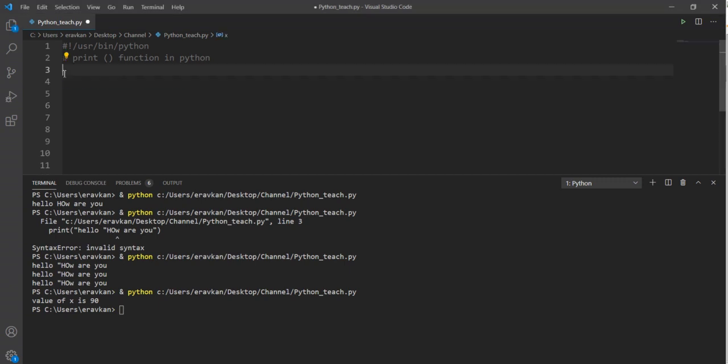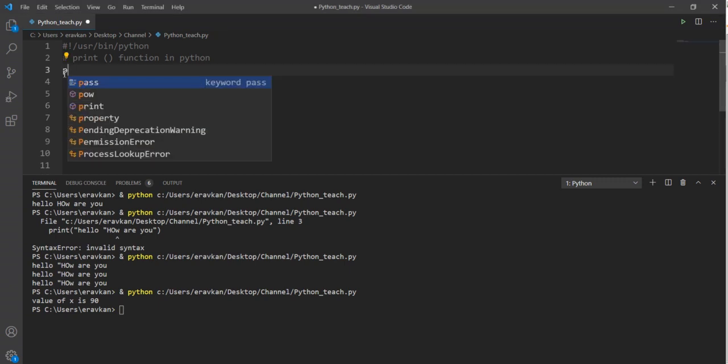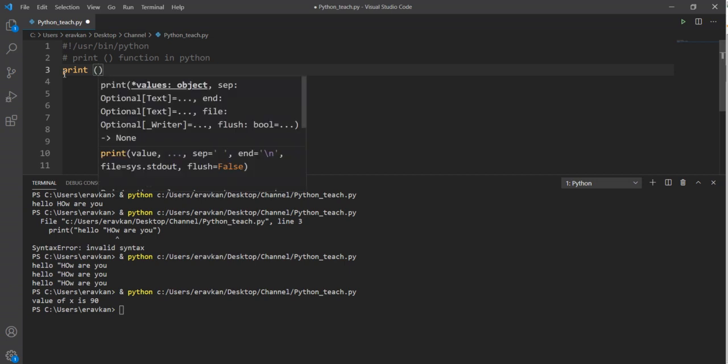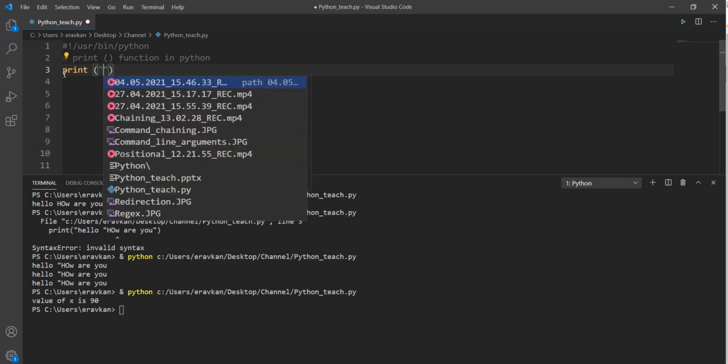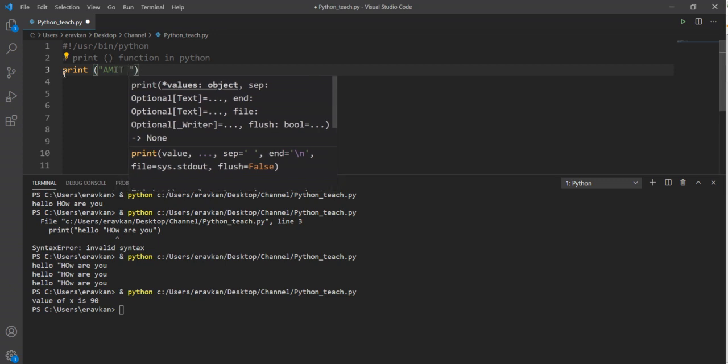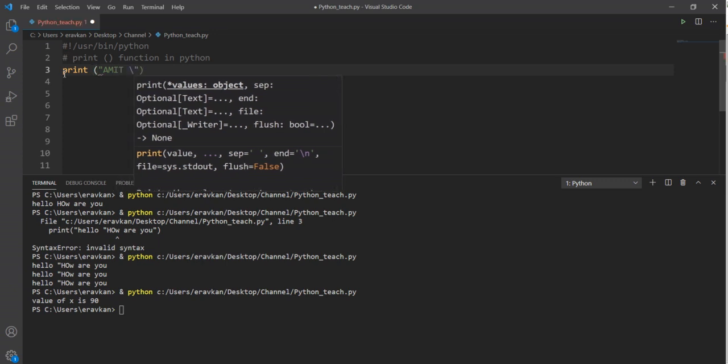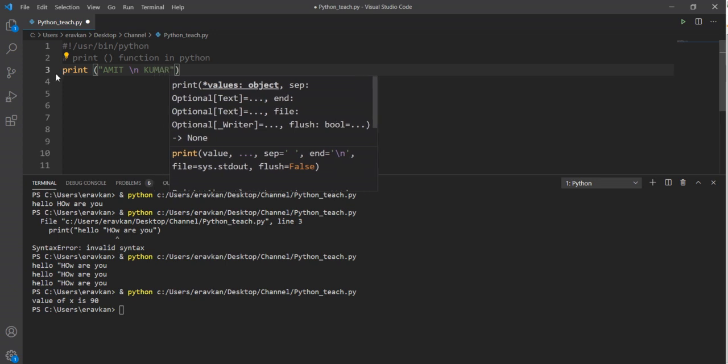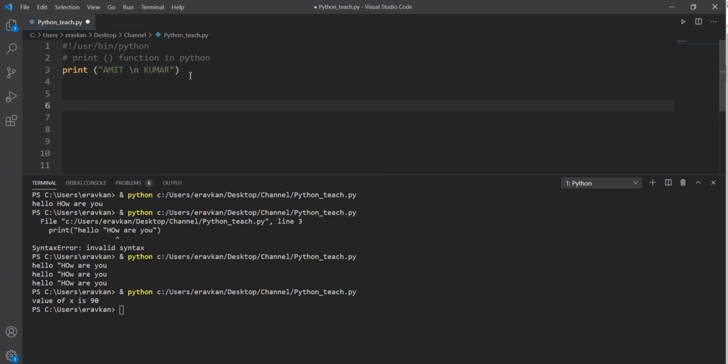Okay. You can use the escape sequence. Suppose I have Amit and I want to separate it with, suppose, a new line, Kumar. If I run it, see, Amit and Kumar are on separate lines.